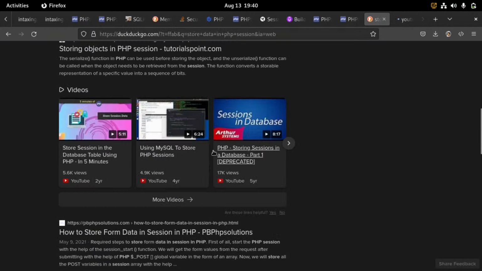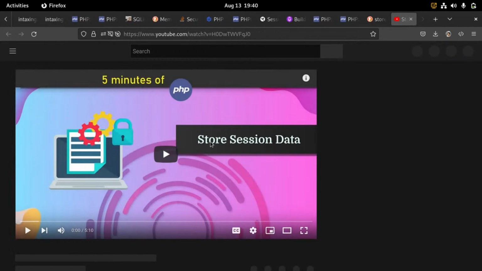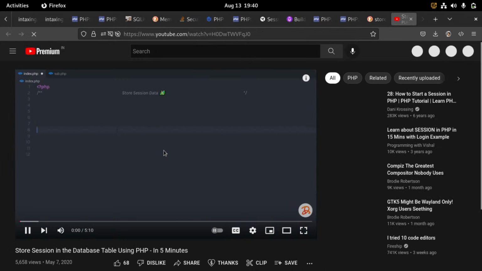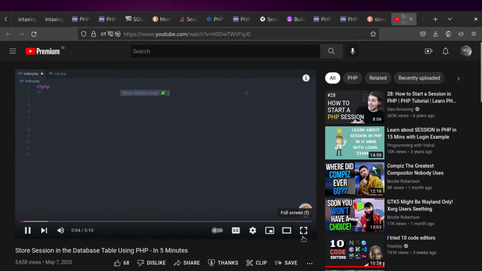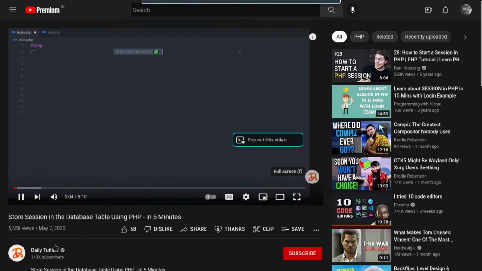Something is there. What is he talking about here? In this lecture, we're going to understand how to store the session data in the MySQL database table. In case you want to store session data in the database, then this is the right tutorial for you. I'm going to show you how you can store the session data using